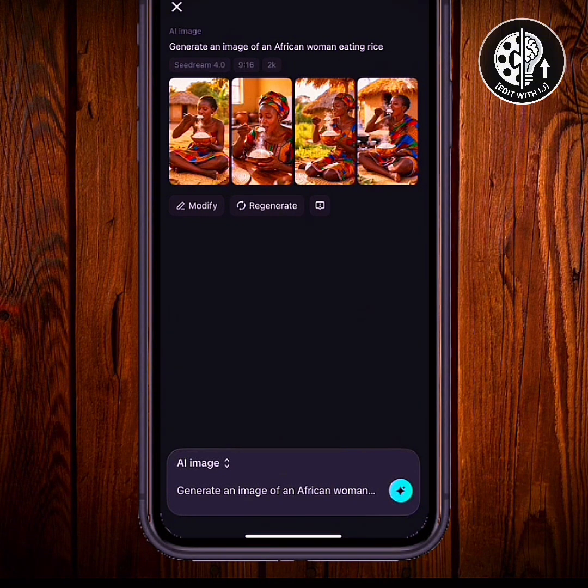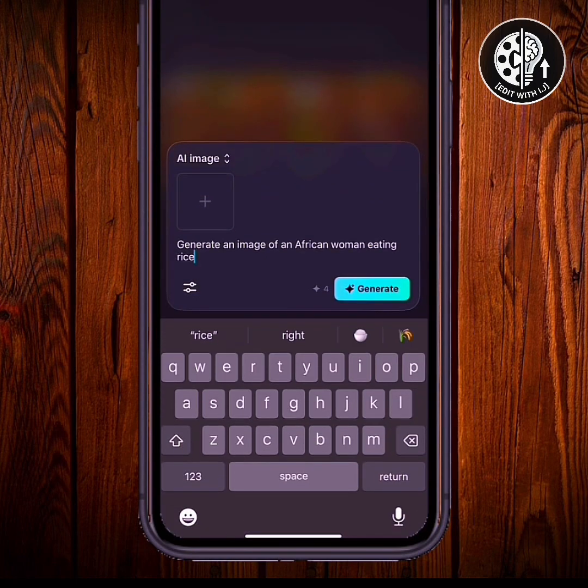And if you want to modify the image, maybe you don't like something in the image, or you want to remove something from the image, or you want to add something to the image, you click on this pencil icon here where you see modify. You click on it and modify your prompt. You add what you want to add to the prompt, or you remove what you want to remove from the prompt